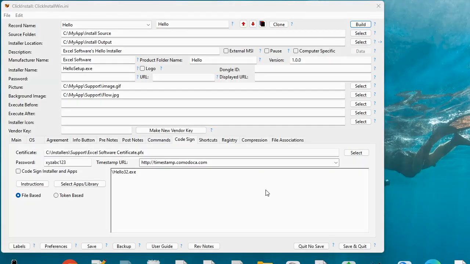Let's assume you've already built and tested your installer with ClickInstall, and now you're ready to code sign your applications in the installer itself. For this first example, we're going to be using a file-based OV certificate. That was the older style of OV certificates. A lot of developers probably already have a certificate that's still good for several years. So with that approach,